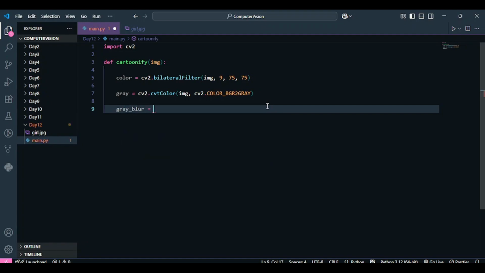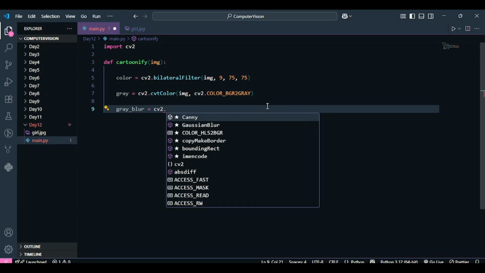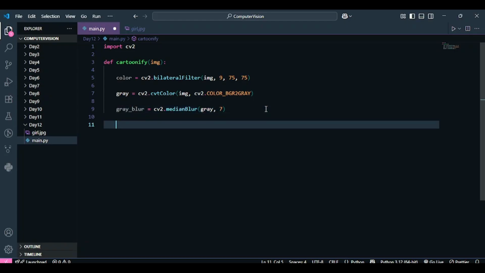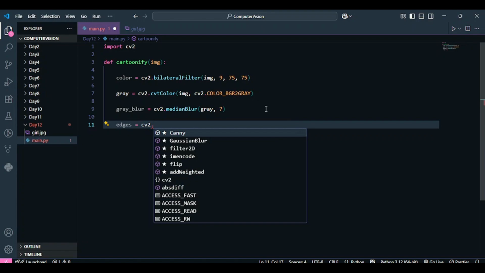If you remember, we discussed that in the lecture in which we talked about blurring, that one of the use cases of blurring is to remove noise from the image. So I'm going to use median blur over here because it works very well for removing noise from images, and I'm going to keep the K size as 7. Now let's see how we can detect the edges by applying the threshold on it. We talked about two kinds of threshold.